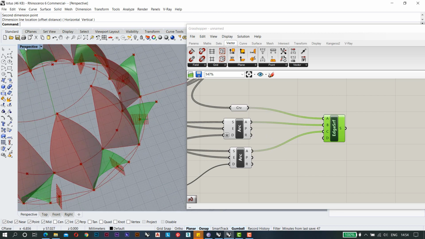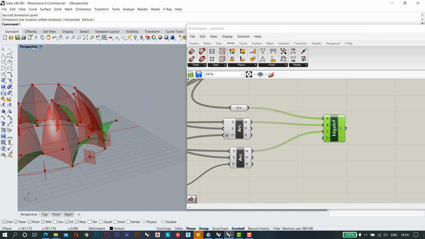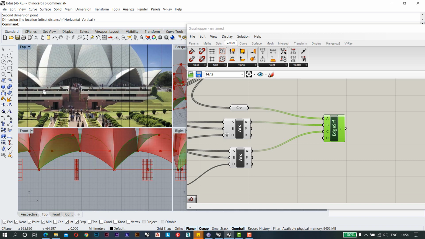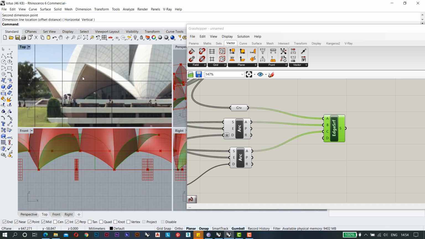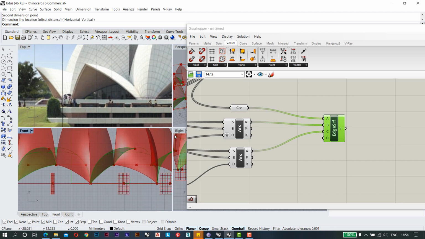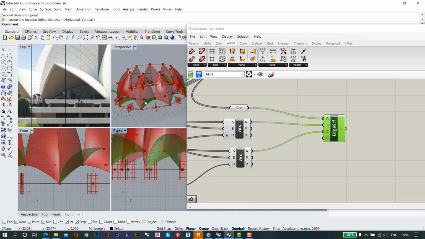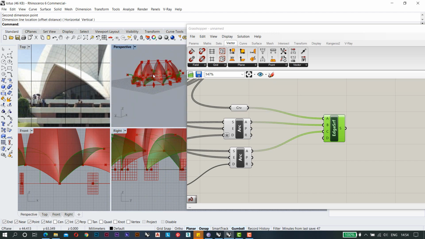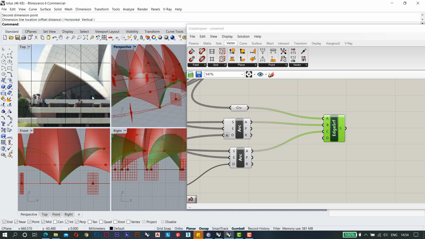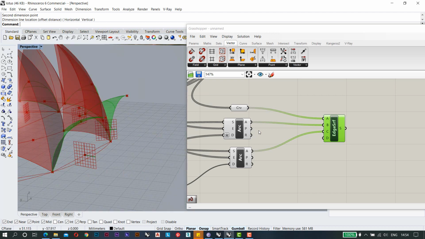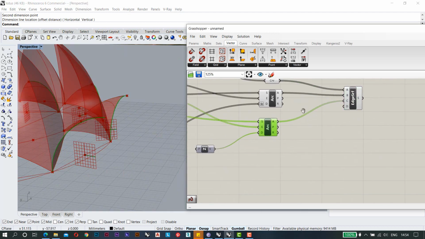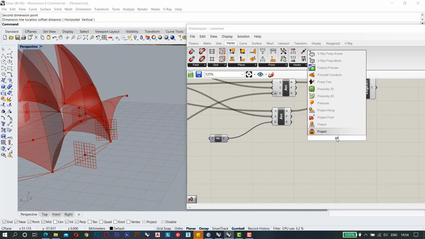But in the view that we have of our Lotus Temple, you can see it is very straight. It is not that circular. It is very plain. For making that, this is our arc, so we will again use the perpendicular frame.